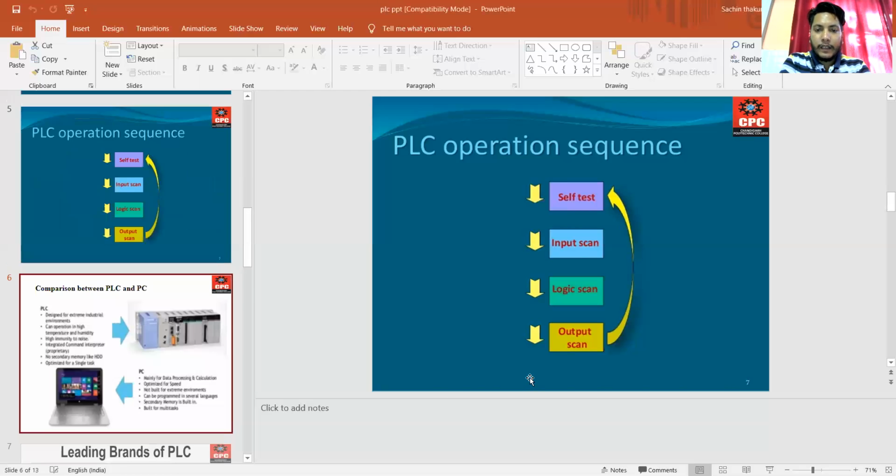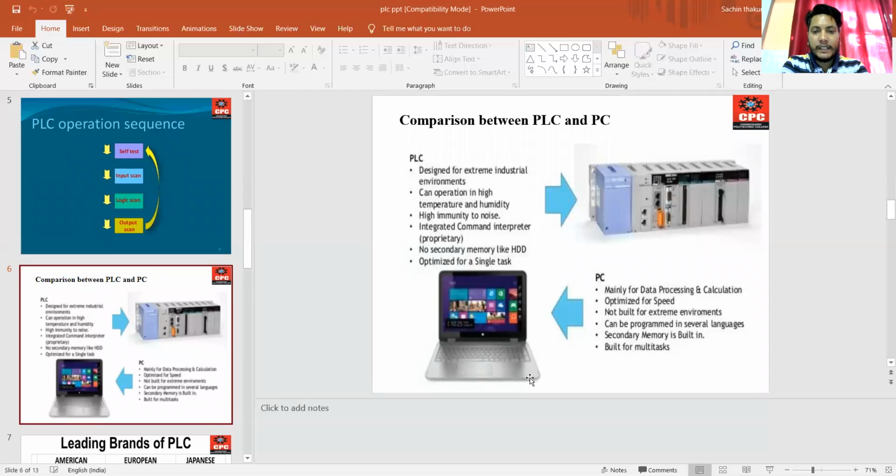Now next is the comparison between PLC and PC. PLC is the programmable logic controller, and PC is your personal computer. What is the comparison between both? The PLC is designed for extreme industrial environments, whereas the PC is mainly for data processing and calculations.